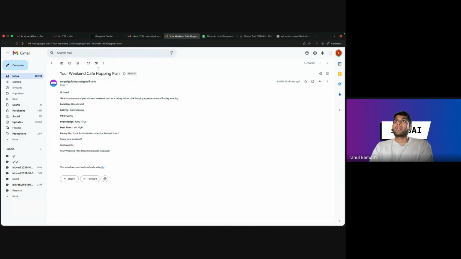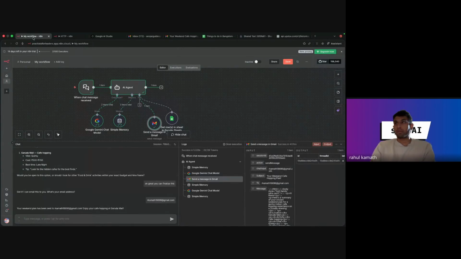So pretty simple to create it, and of course I went a bit fast, but if you spend a few hours on it, you'll easily be able to build it and fine tune your system prompt to what you want. And later on, it's very easy to connect this chat model to, let's say, Telegram or Slack or WhatsApp. It needs a bit of a hit and trial approach where you keep trying different things so that you understand the tool better. So I'll take a pause here.